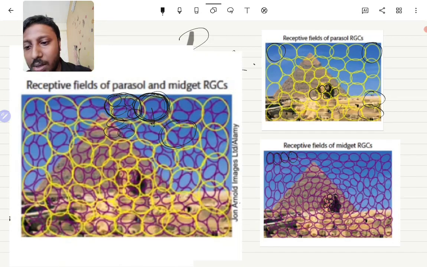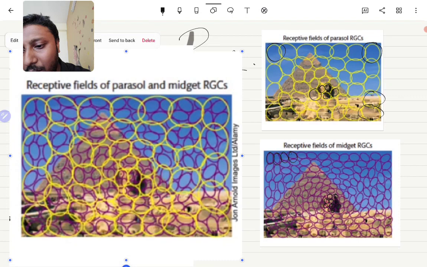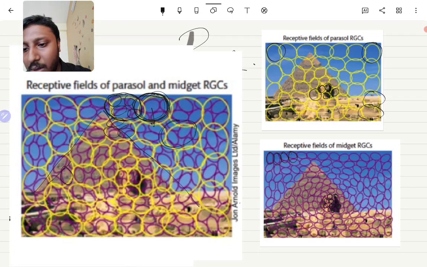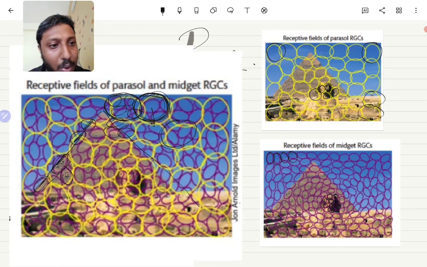Okay, so look. This is the mountain. If you look at this cell, there is no edge, so this won't fire. This doesn't fire at all, but this cell has got an edge, so this cell will fire, and hence we will find the edge. So you know that this is firing, this is firing, this is firing, and this is firing. So you will get a series like this, small edges like this.